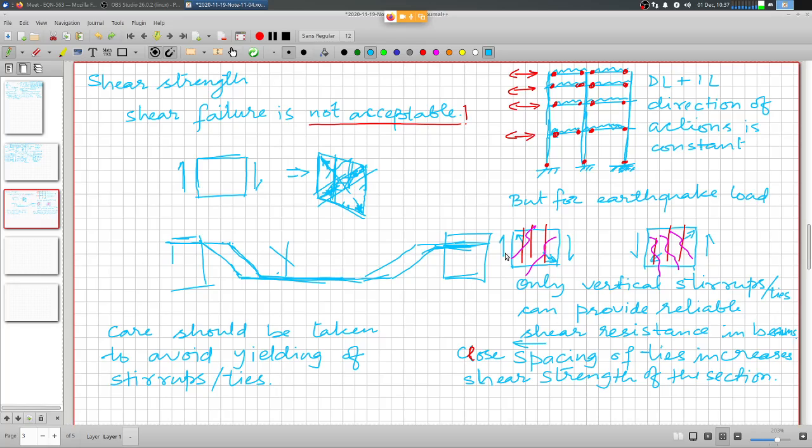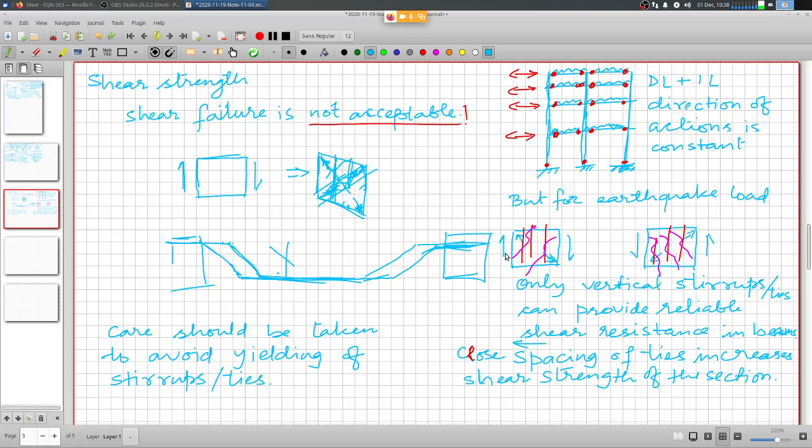I mean, most of the time, it is vulnerable to buckling, and it does not give adequate confinement either. So 8 dia is the minimum diameter that is to be used for reinforcing stirrups,